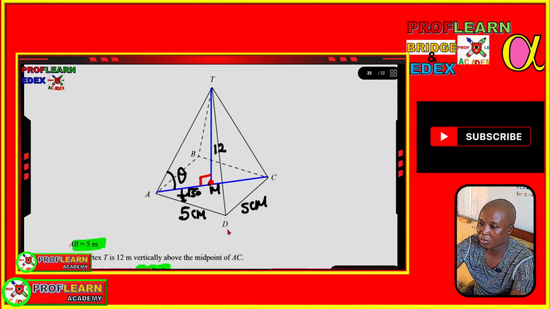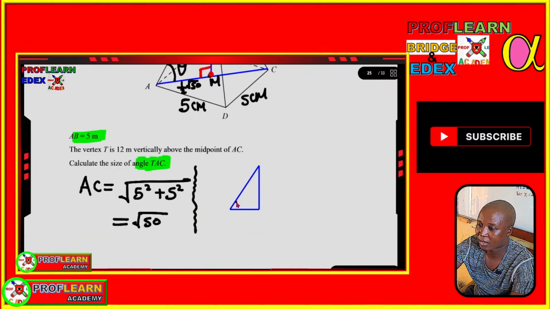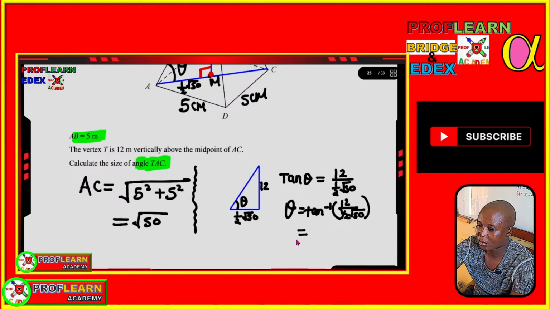Then we need to find the angle, because the angle we are asked for is the angle TSC, and that is going to be equivalent to tan. Using this triangle, we have this as the angle we are looking for. This is the length from A to M, and this is the height, which is 12, and this is the right angle triangle. So we are going to use SOHCAHTOA, and we shall do tan inverse of whatever we have here, which is going to translate to